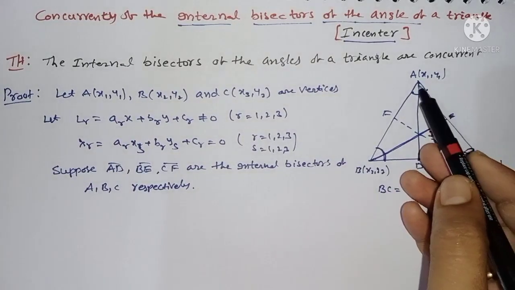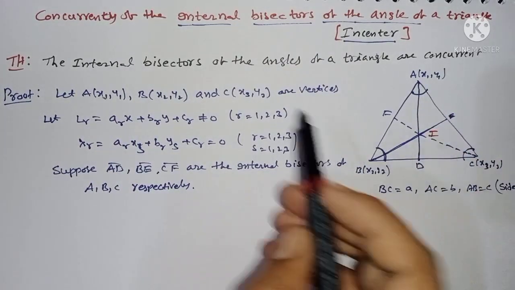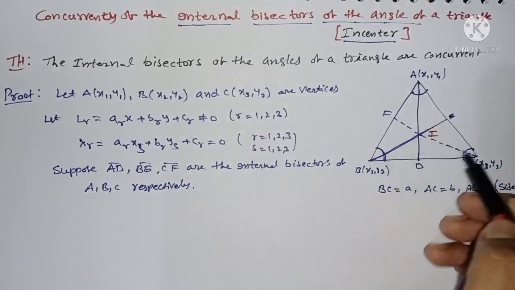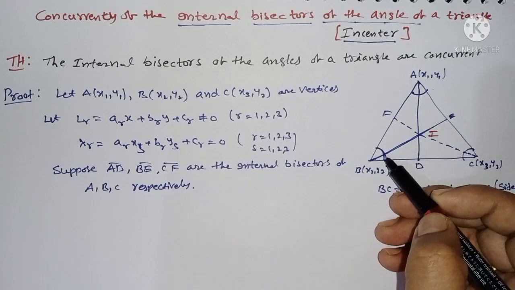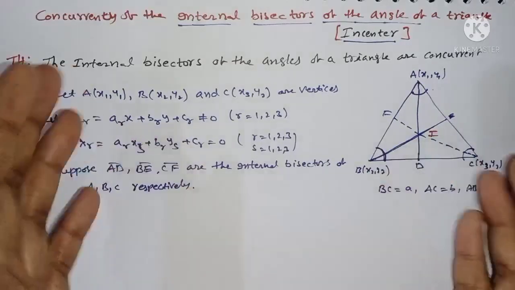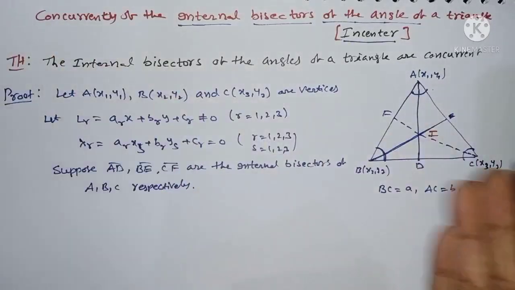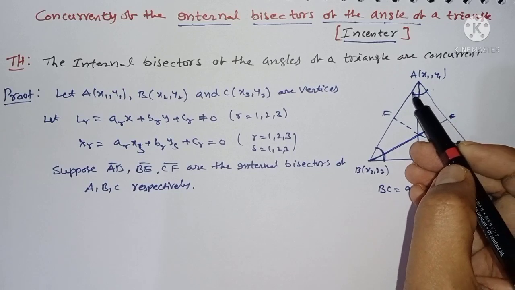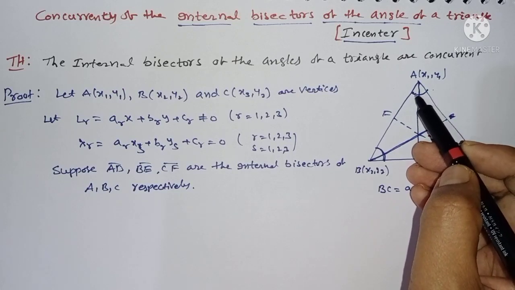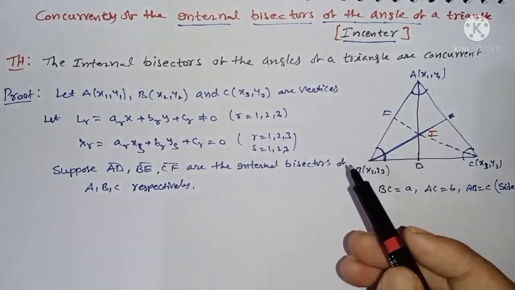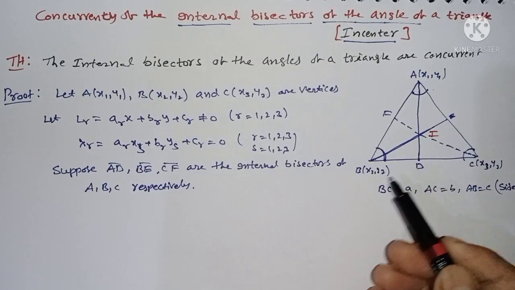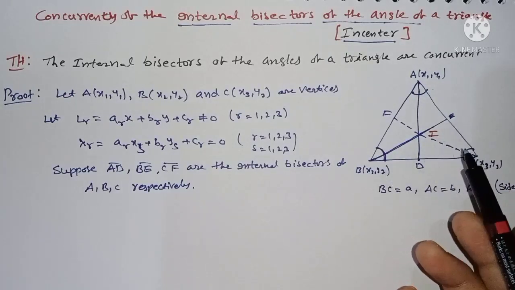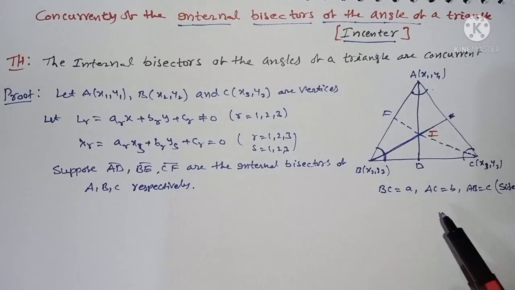Observe the figure here. A, B, C are the vertices. In this case, you have the bisectors of the angles A, B, C. Bisector means half of the angle. If it is 60 degrees, it is divided into 30 and 30. Here also, 80 means you can write 40 degrees here, and 90 degrees means 45 and 45 degrees. BE is a bisector, AD is a bisector.